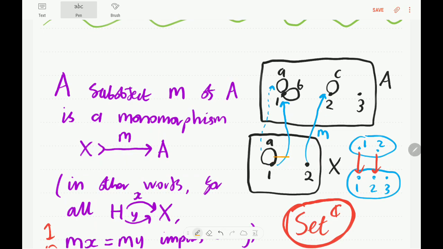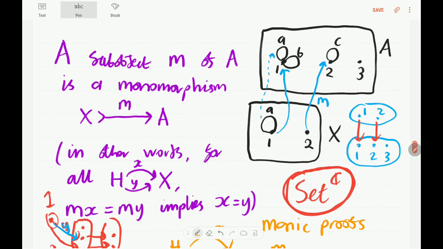So, for example, we have the solid arrows drawn in this representation of this arrow M from X to A. These solid arrows obviously signify that this mapping is a one-to-one mapping on the vertices. A way we could say this is that we have our single vertex here, which is Hom V comma blank, and it has the feature that